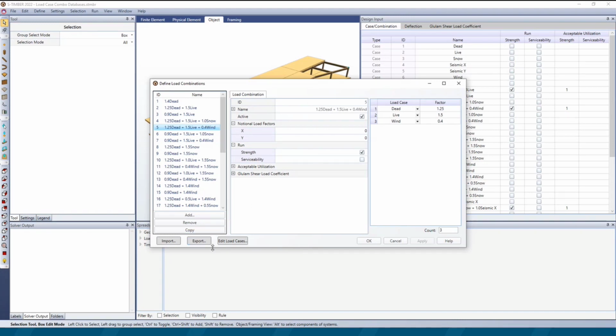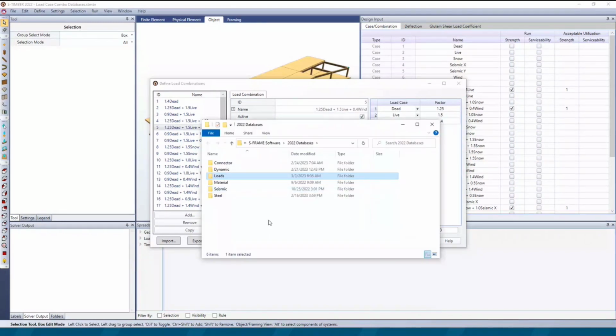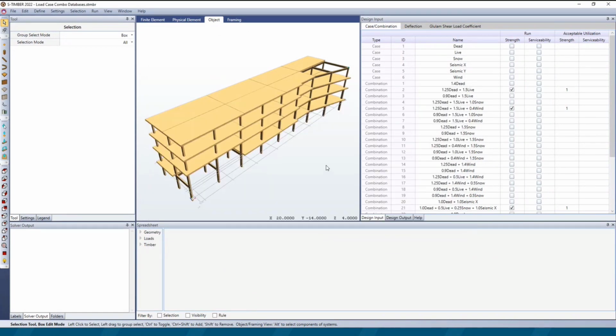Now, what we have made possible is this import and export option here. So you can go ahead and export to a database file. And then the user is presented with the directory path that this database is saved in. So now, in this case, this database file is created for the user. And now, in order to